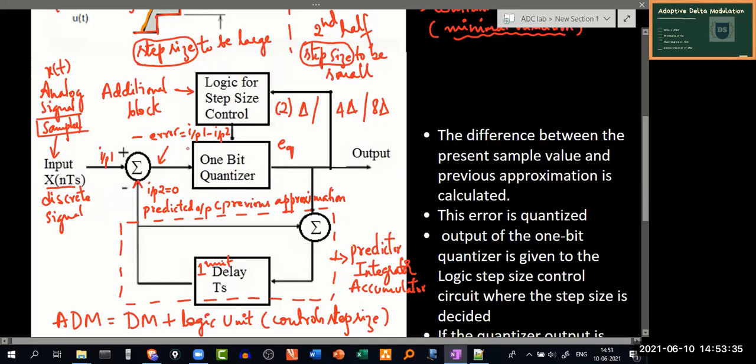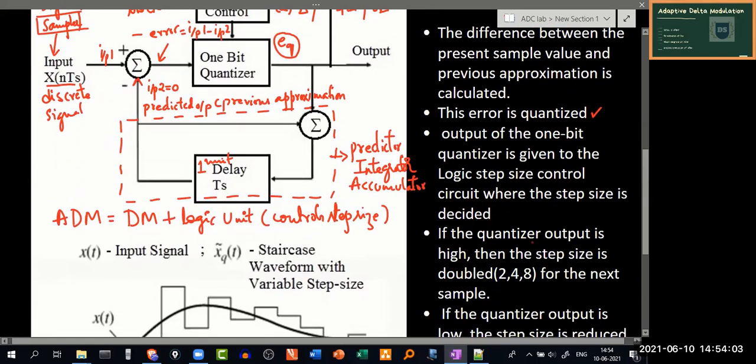So this error value will in turn be sent through this 1-bit quantizer. This error is then quantized, and the output of the 1-bit quantizer is given to the logic step size control circuit. So this quantized error output will be given to this logic unit where step size will be controlled.